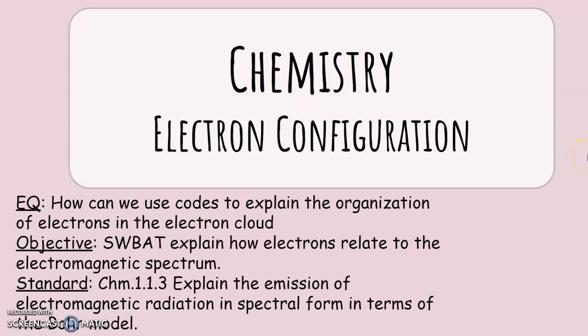So this week we have been talking about the electron. This unit has been all about the atom. The first half of the unit we talked about nuclear chemistry, so the protons and the neutrons and the nucleus. And now we have moved on to talking about that negatively charged electron that exists in the electron cloud around